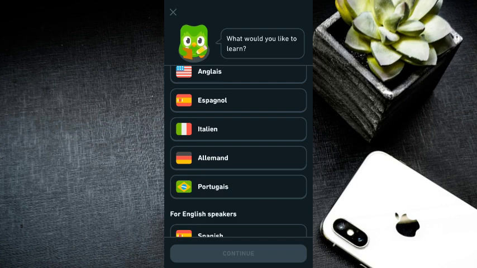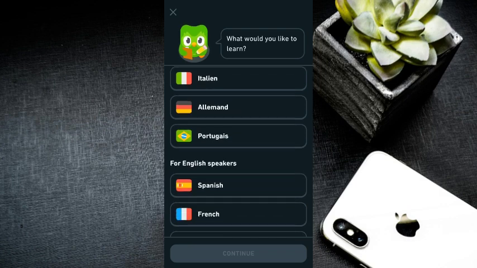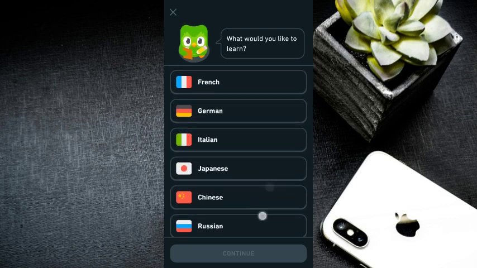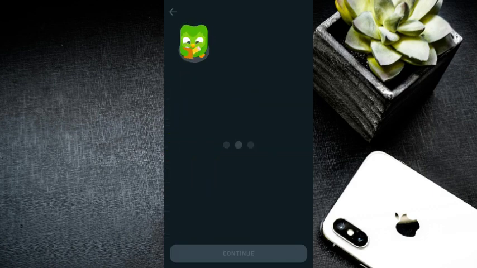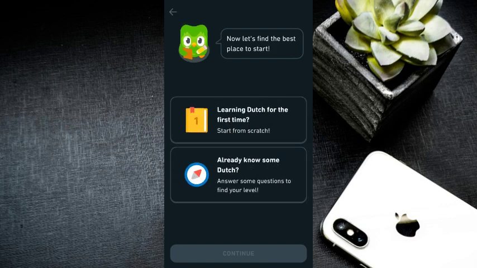Now you're trying to learn Dutch on the Duolingo app. First of all, you need to pick the language. Just go down and once you see Dutch, just click continue. Then it says let's find the best place